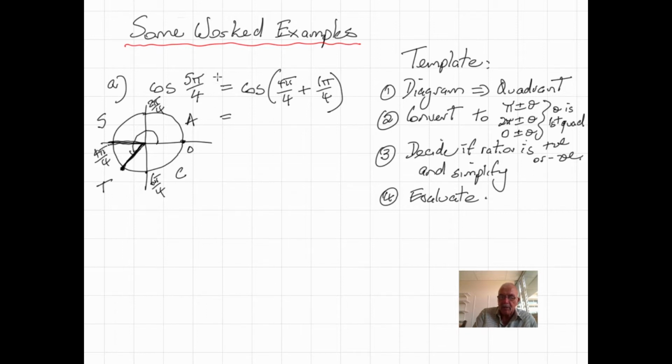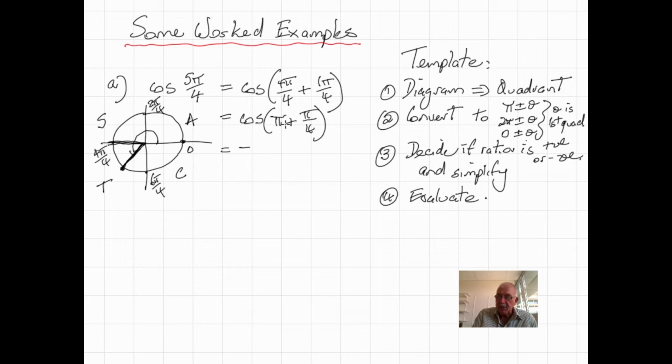You'll probably get away with eventually just going straight from this step to this step. So it'll be cos of pi plus pi on 4. Okay, I'll put that intermediate step in there, but I think most of you, after you've done a few of these, will be able to go straight from there to there. Okay, we have decided if the ratio is positive or negative. Well, we've seen that cos is positive in the fourth quadrant and the first quadrant, so over here cos will be negative. So then we write negative,